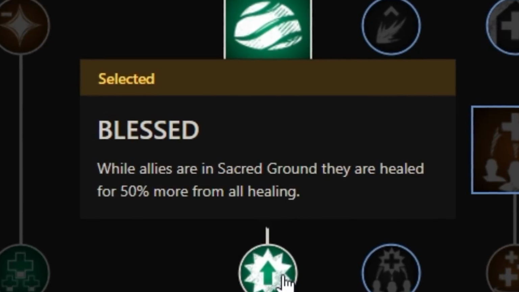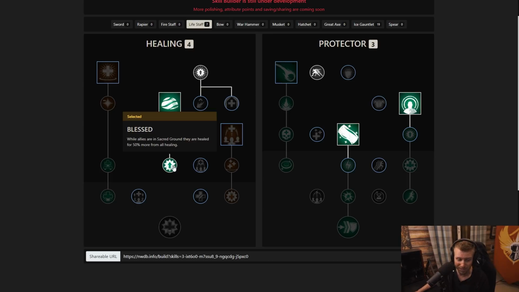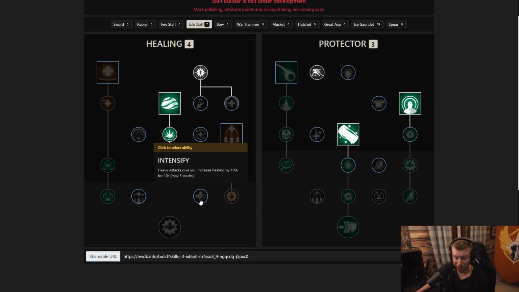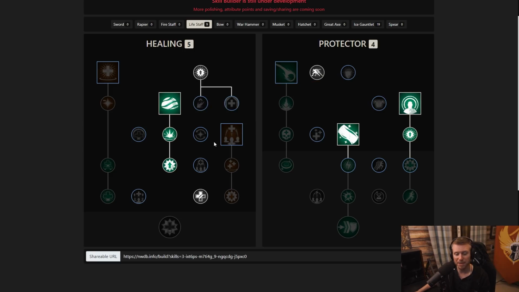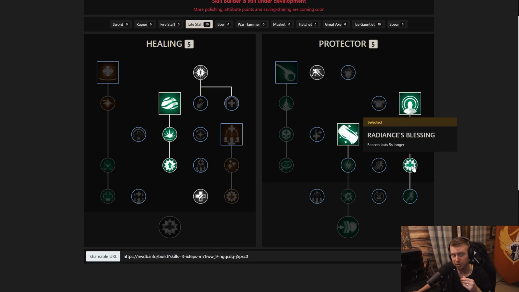While allies are standing in Sacred Ground, they're healed for 50% more from all healing. So 50% on top of the 20% from here, on top of the 30% from Intensify, which is what we're taking at level 7, or is this level 8 now? You get the idea. From here, I would then recommend going back over to the Protector tree and getting the next 2 points into Beacon, so increase the size of effect of the beacon and also increase the duration that